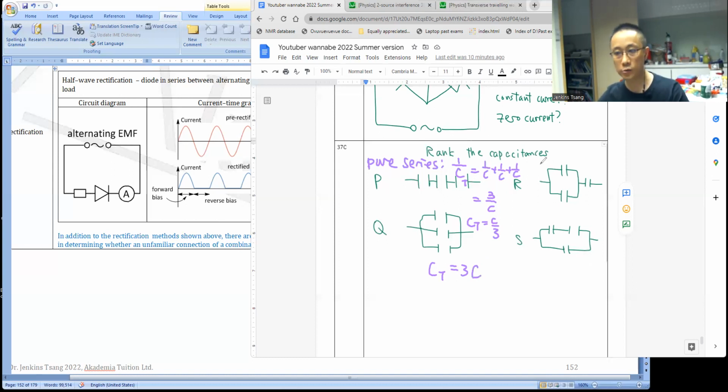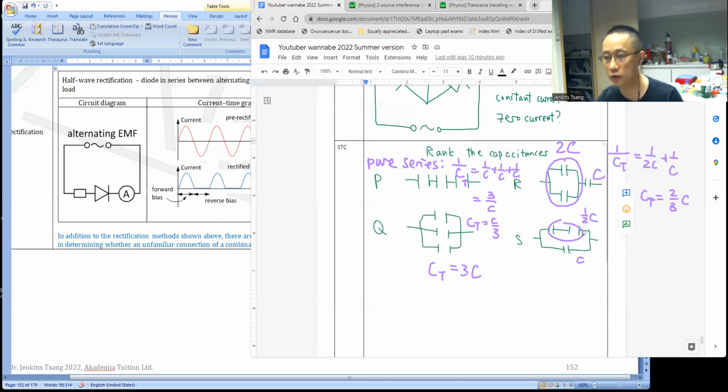The question does want you to distinguish between R and S. So here you've got 2C and then C in series. You do the math, and I think you end up concluding that circuit R has an overall capacitance of 2/3 C. But this last circuit is series but in parallel, so the total C would be half C plus C, which is 3/2 C. So circuit Q has the highest capacitance, followed by circuit S,